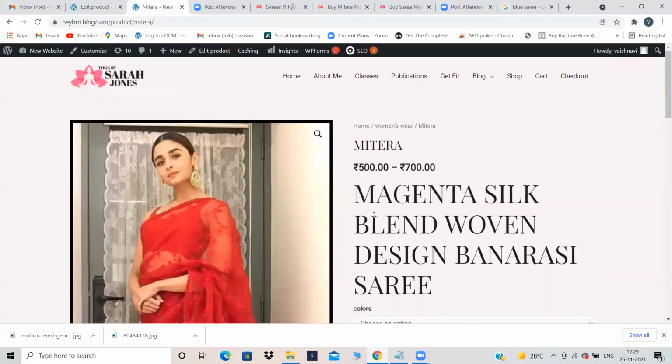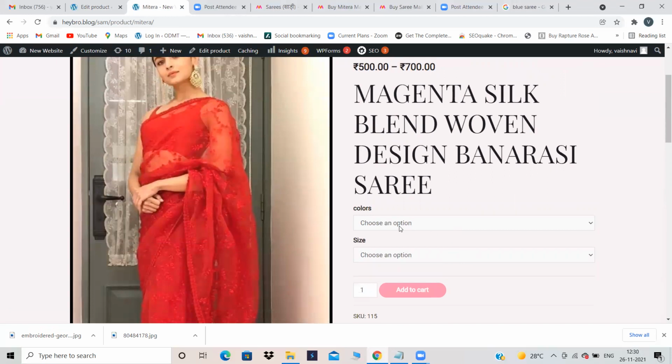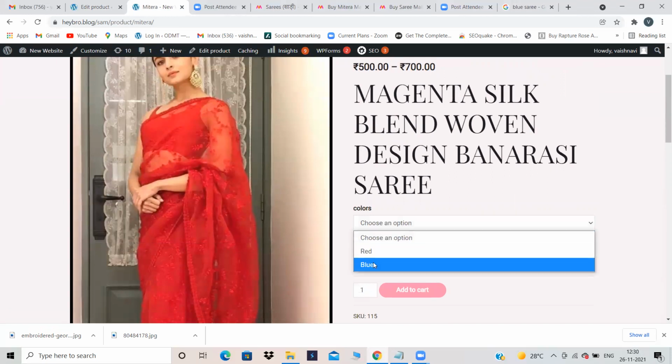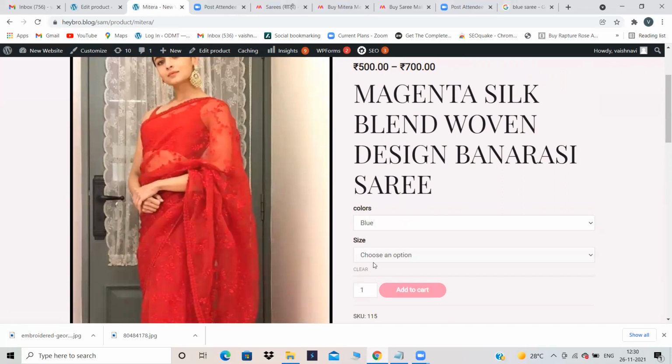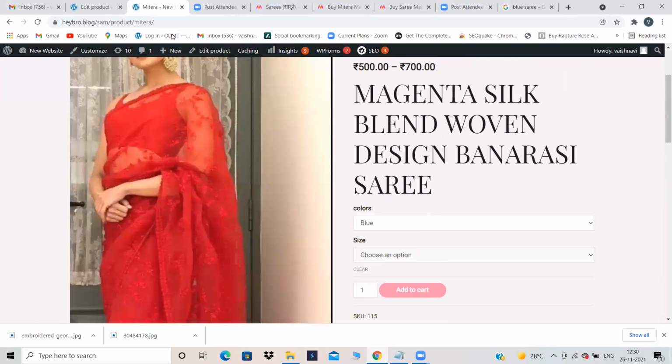And this is the name, and this is just reduce the headline to head. This is headline 1, I guess. Just reduce to headline 2 or 3. Now colors, which color you want, you can select that color. I'm selecting blue color. Okay, maybe I have given color as blue.